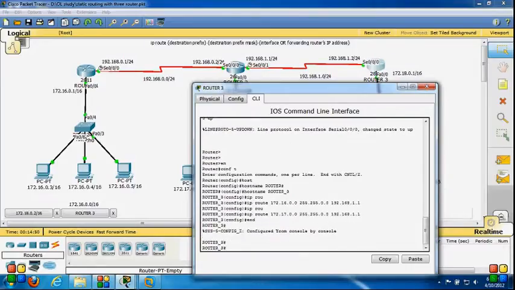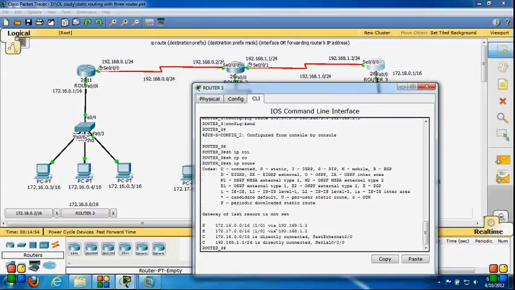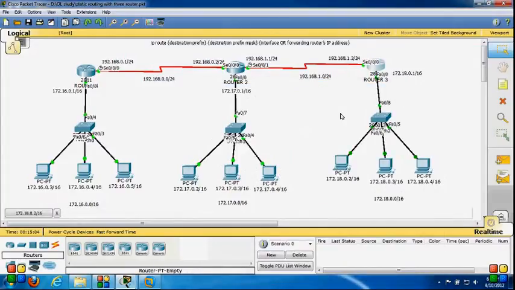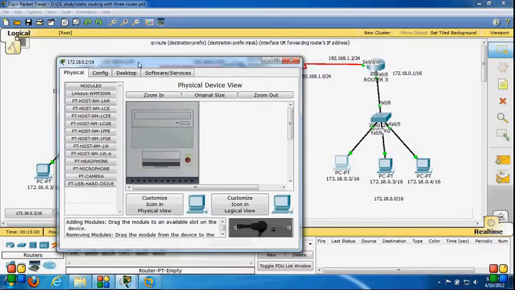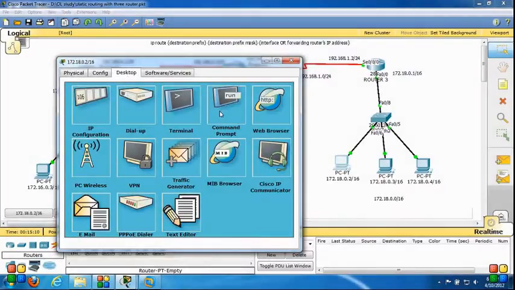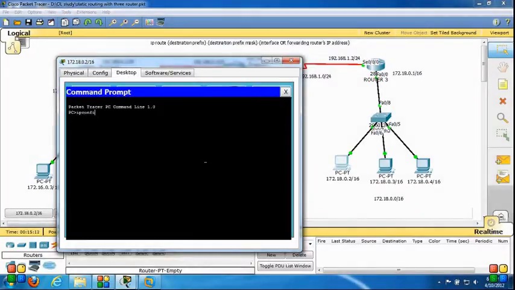Now let's check the routing table. Show ip route. It shows that 172.16.0.0 and 172.17.0.0 are connected via 192.168.1.1. So this is the end of the static routing. Now let's check the connectivity. I'm on this network, and ipconfig.